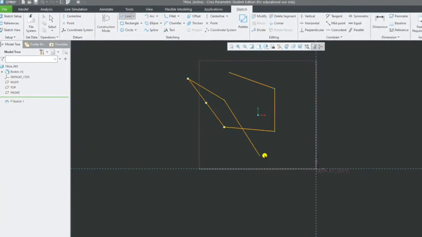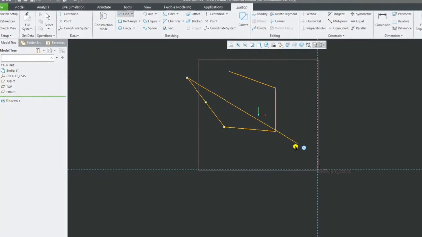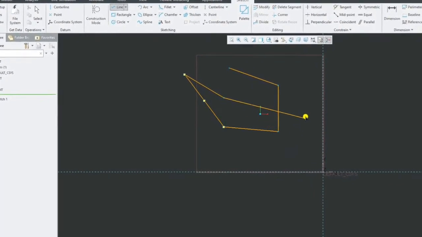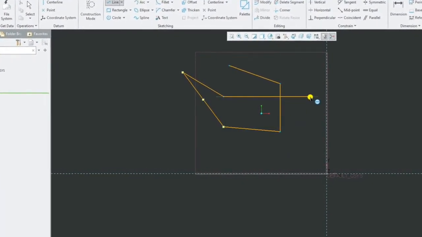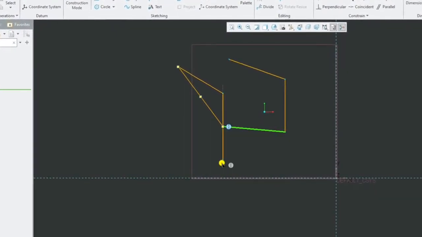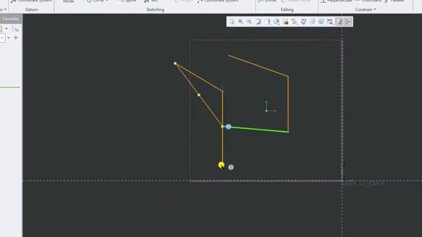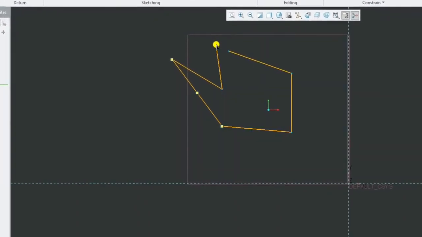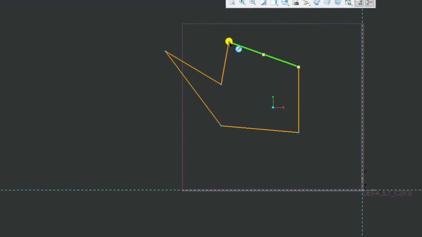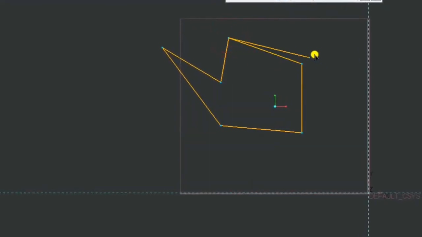If you move to this point, it will show intersection of these points. So you don't have to do much. You just simply move, and it says horizontal line. If you come in a downward direction, it will say vertical line. If you want to join, go to this point, and when the intersection point appears, click it, and we are joined.